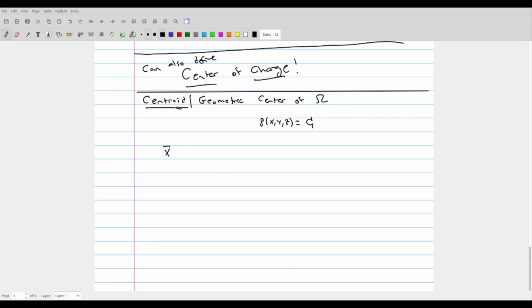of the centroid, just like in 2D, are the average value of every coordinate. You'll remember the formula for the average value from the triple integral introductory lecture on properties. The average value of x will be the triple integral of x over omega divided by the total volume of the region omega, which is the triple integral of 1,